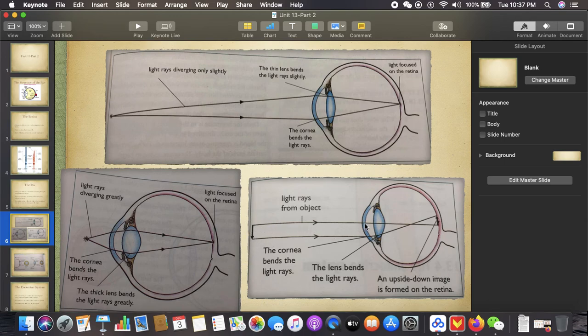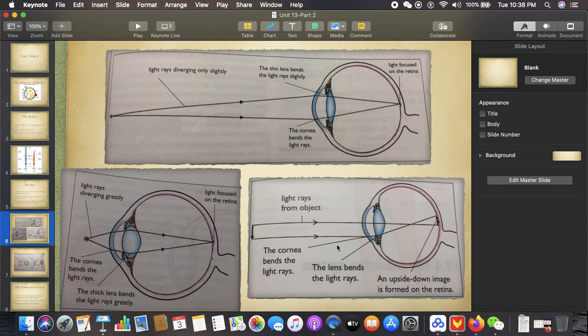It first passes through the conjunctiva and the cornea here. You can see that the top ray is going perpendicular into the eye. So the lens, which is this part, and the cornea do not need to bend the light because it's already